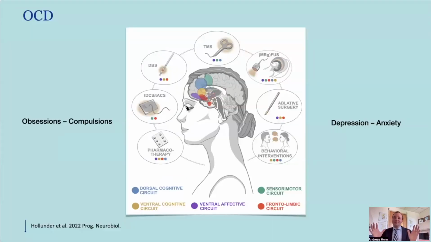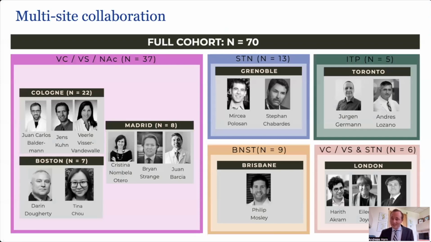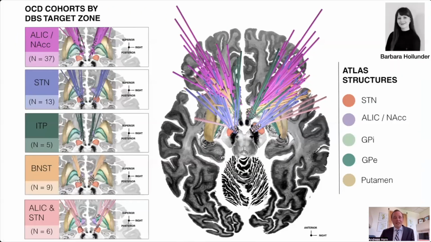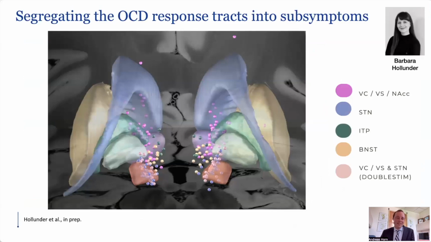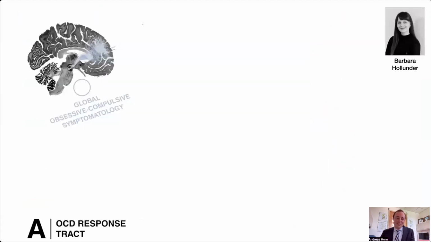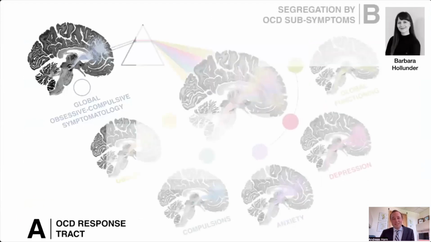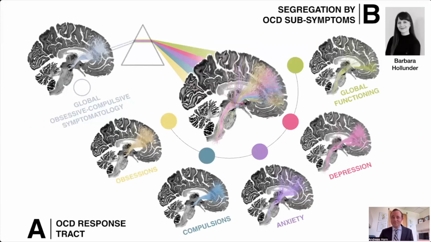You might wonder now, okay, this is great for the average OCD case, right? But everybody's different, especially in OCD. So some patients will have a lot of obsessions, others have a lot of depression and anxiety. So we set out to segregate this tract with another big collaboration, also led by Barbara Holunder. Again, thank you for so many great colleagues that shared their data with individualized sub-item improvements. And this is all that we localize, all these electrodes, all these active contacts here. Again, Herculean effort by Barbara. She's here as well. And we could, by doing so, essentially segregate the tract into sub-symptoms: obsessions, compulsions, anxiety,